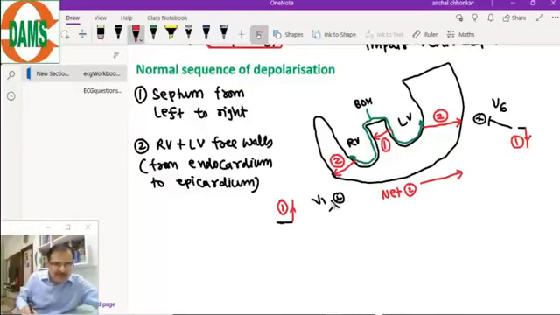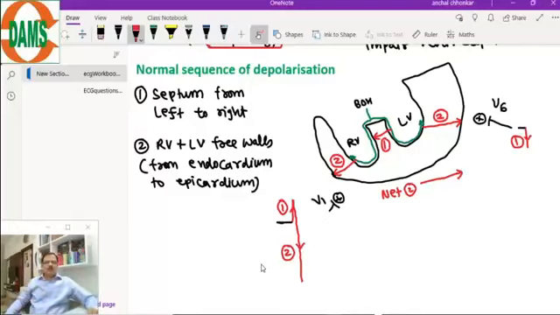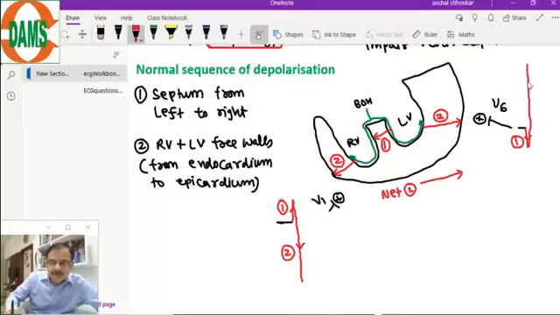Now you can assess in V1 how it will be manifested. The needle will go downward for the number 2 event. So the needle will go in a downward direction like this. The same number 2 event will be manifested in V6 as a positive event. The needle will go upward, so it will show upward deflection like this. Number 2 event, upward deflection.